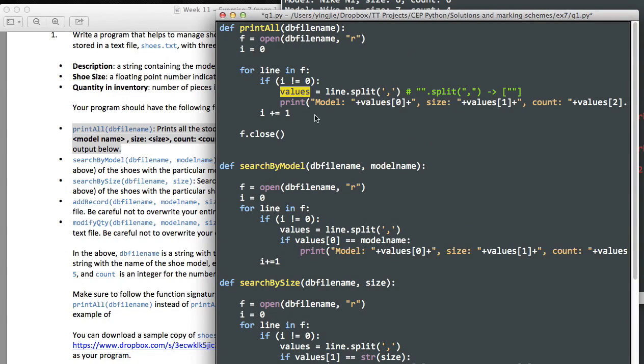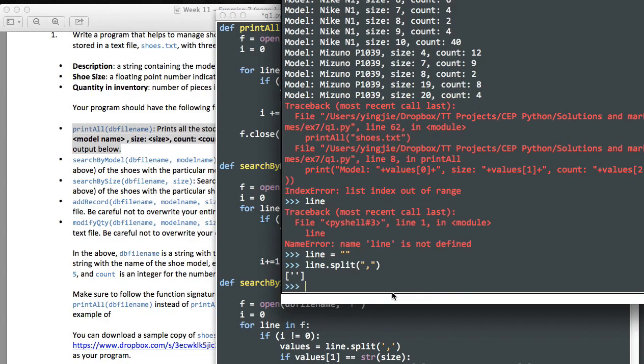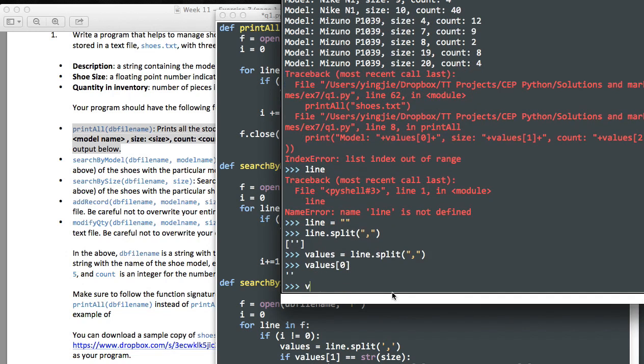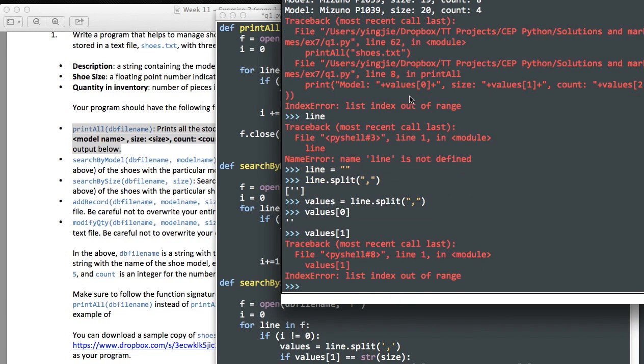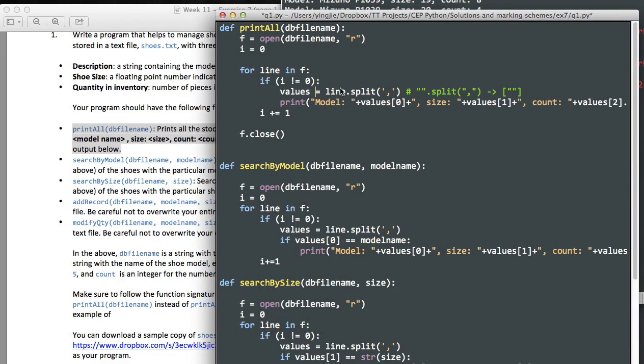That's still fine. You get that's values. Then you try value 0. Sure, we have value 0. So let's say values equals line.split comma. Value 0 is fine. But what happens when you do values 1? That's exactly what happens here. The list index is out of range. So in case you ever see this again, if something goes wrong and your list index is out of range, then